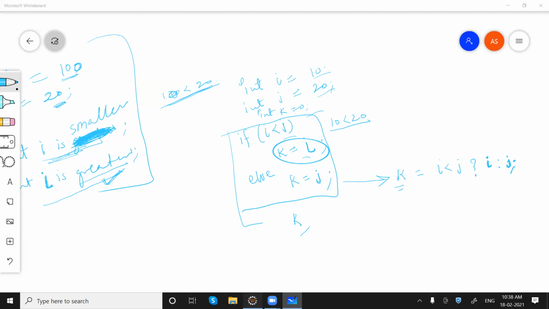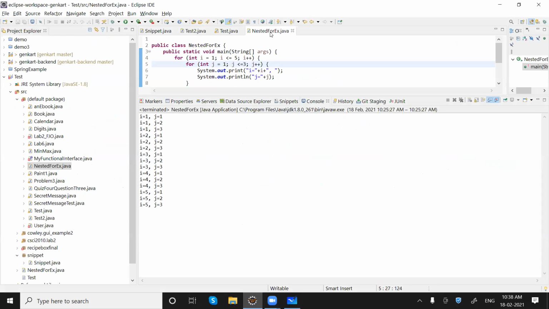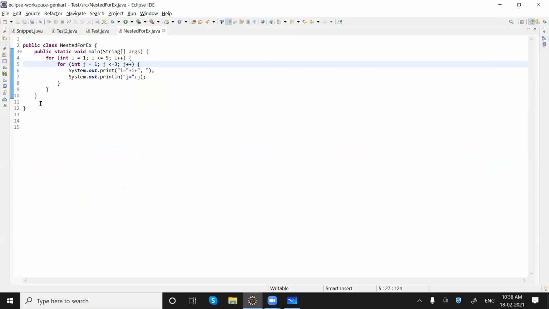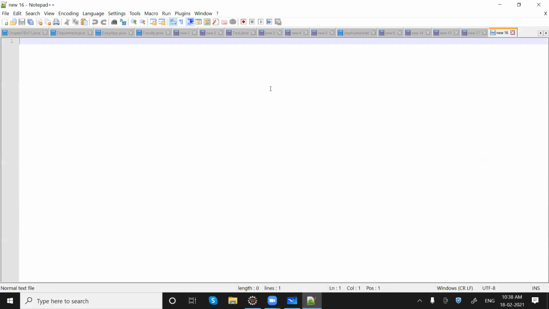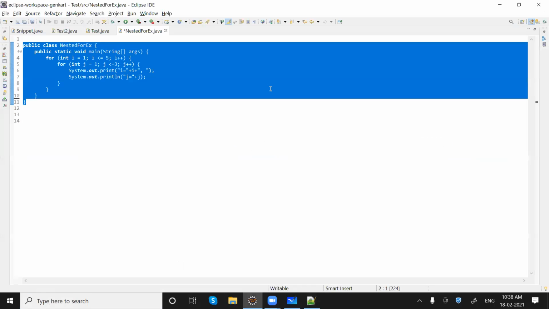Let me quickly run it. Okay, I have created one document. So let me just copy this code over there. We'll do that later on because the document is not yet opened. I think Baljit, you have got invited for the document. The rest of the people I'll add and you will get the notification.